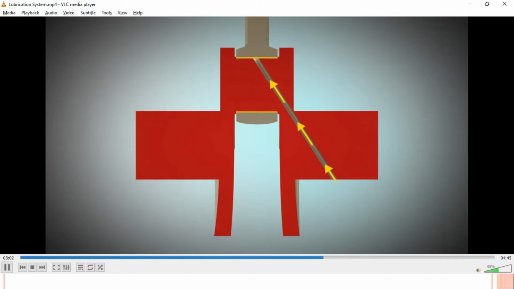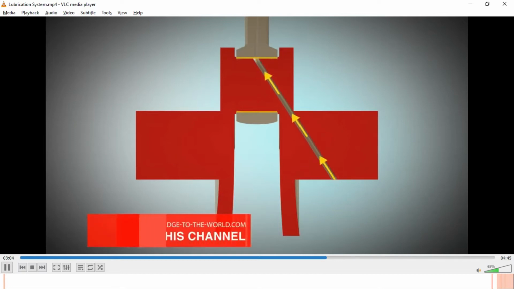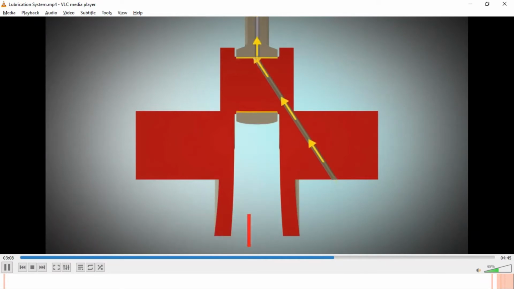In diesel engines, the connecting rod can also have an oil gallery to use the oil for cooling and lubricating the piston and the piston pin. Here you can see that the connecting rod may also have a passage from where the oil will go up, and it will lubricate the small end bearing and the connecting pin from which the piston is connected to the connecting rod.